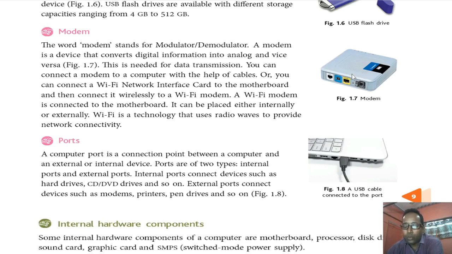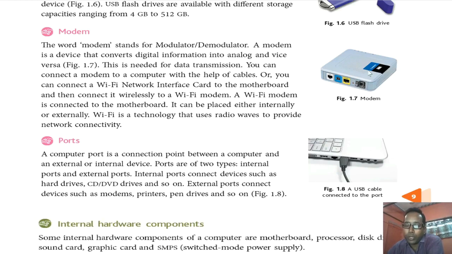We use this device to connect our computer to a telephone line, because when we access the internet, the signal or information comes through the telephone line, and the telephone line carries an analog signal which our digital computer cannot understand. So when we receive any analog signal, the modem converts that analog signal into a digital signal so that our computer can understand. And when we send some digital information from our computer to the internet, the modem converts that digital information to analog information and sends it to the telephone line, and the telephone line carries that analog signal.